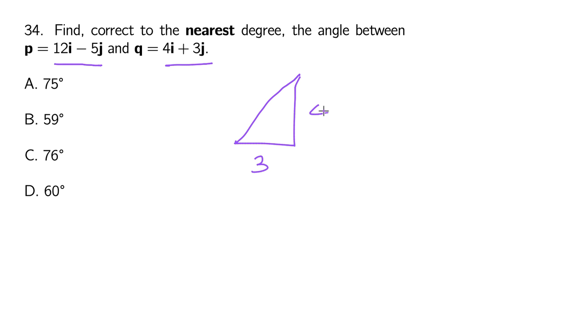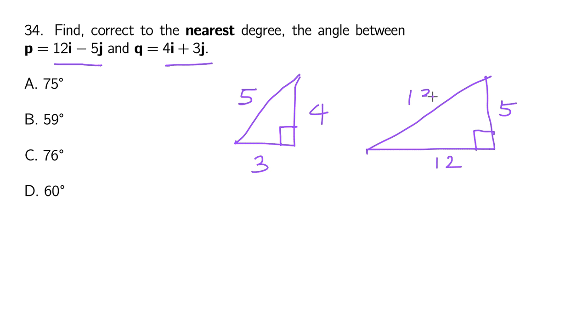When you have a right angle triangle whose legs are 3 and 4, the hypotenuse is 5. And when you have another such triangle, a right angle triangle whose legs are 12 and 5, the hypotenuse is 13. That's why I'm saying that these vectors should ring a bell. The reason we need this is that we need to find the magnitude of these two vectors, because